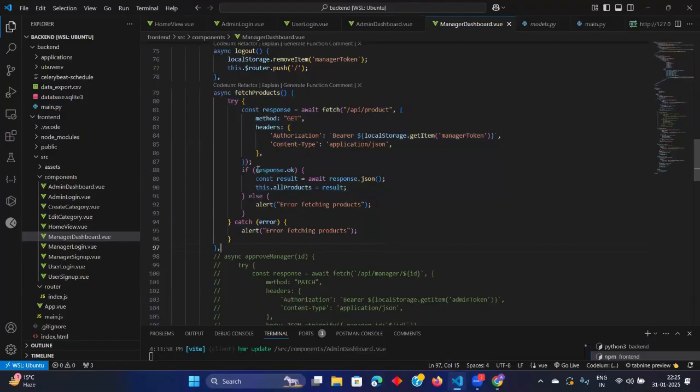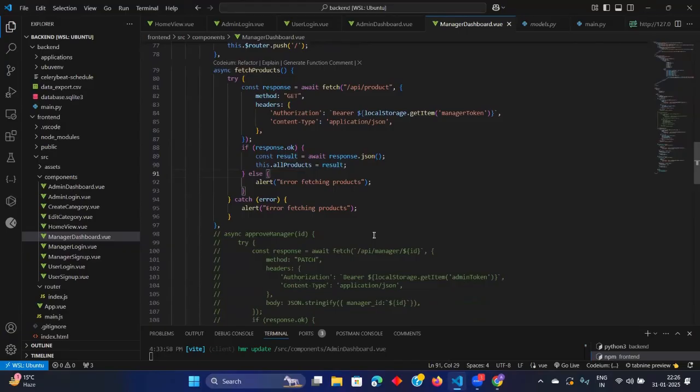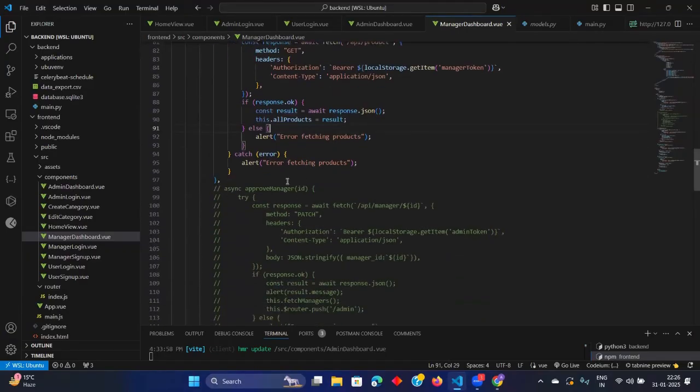Yes. If the response is okay, then const result equals the response, passing this products array. Then we are allocating that value inside. Result is also a list only, right? A JSON list of all the JSON objects, and then adding products and this thing. Okay, so let us have the button of create product also.